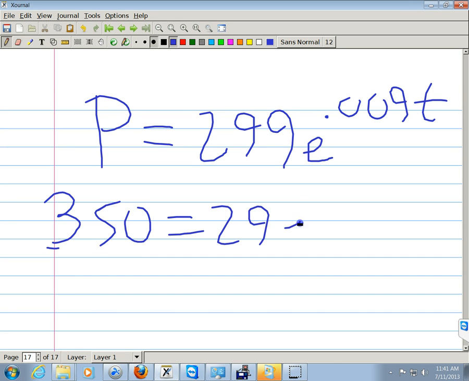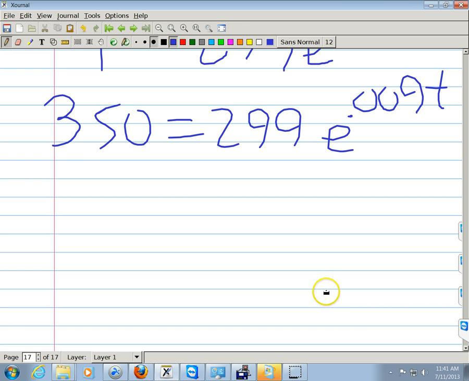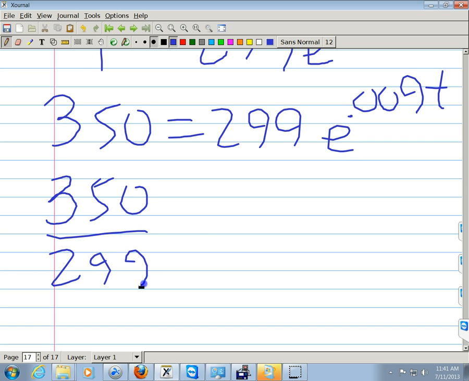Okay. So 350 equals 299 e to the 0.009t. Let's put the dot in there. Let's clean this up a little bit over here. All right, next step to solve for t. t is in years since 2006, so t equals 0 is 2006. What do you think? Divided by 299, okay. So 350 divided by 299 equals e to the